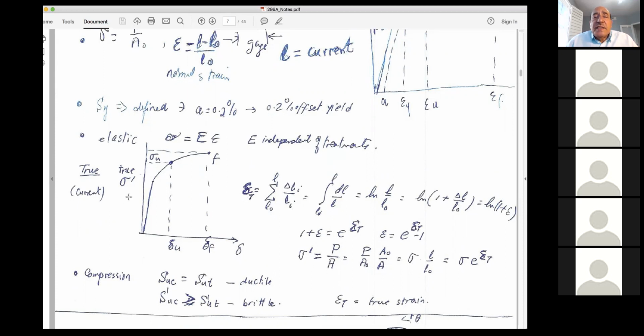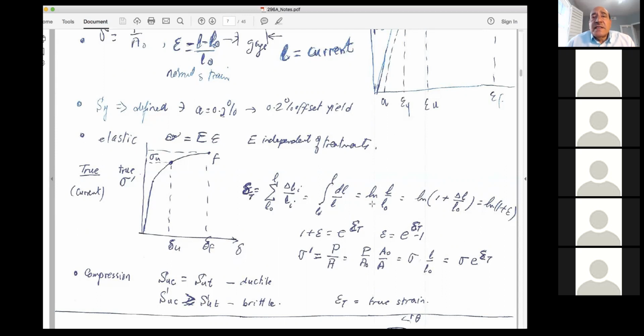And the true strain is the change in length divided by the length, but incrementally at the instant that you're interested in. So it turns out that the true strain, we're going to call it delta sub t, or delta, is the sum of delta Li over Li, which turns into an integral.